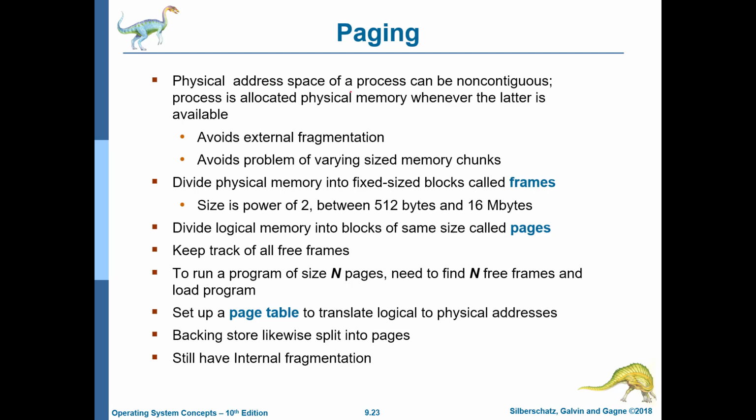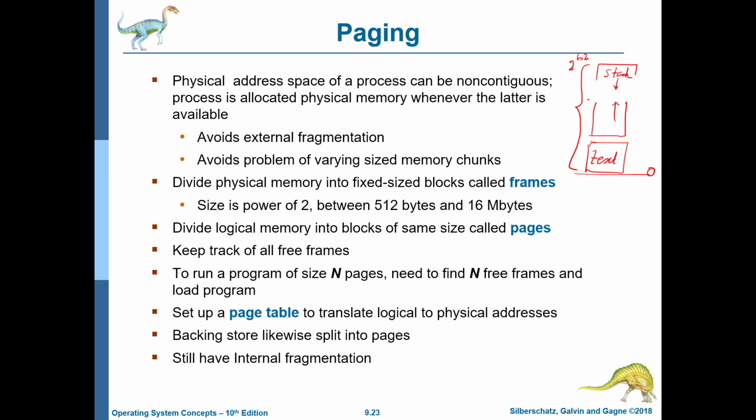So the physical address space of a process, furthermore, can also be non-contiguous. If you look at the memory map of a process, then you have the text section which is at the bottom, let's say from address 0. I deliberately kept a space because you could have some other data before the text section. Then you could have your heap section which kind of grows up, and you would have your stack section that grows down. And if it's a 64-bit process, this could be huge. So this could be address 0 and this could be like address 2 to the power 62.